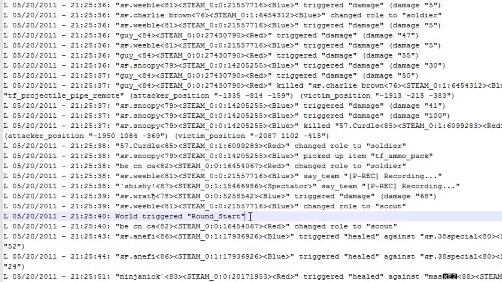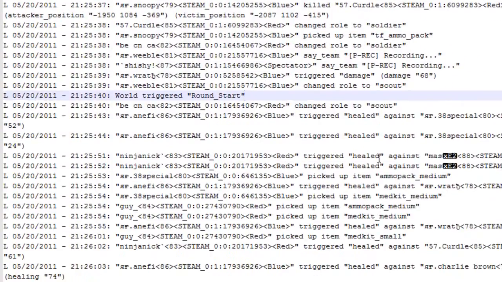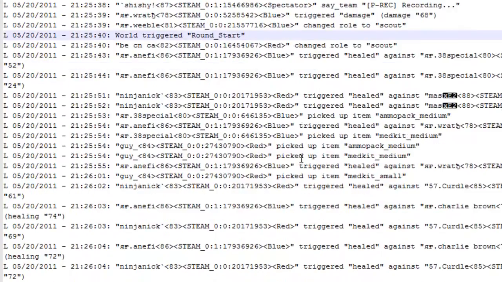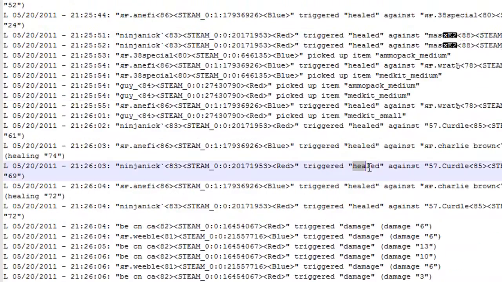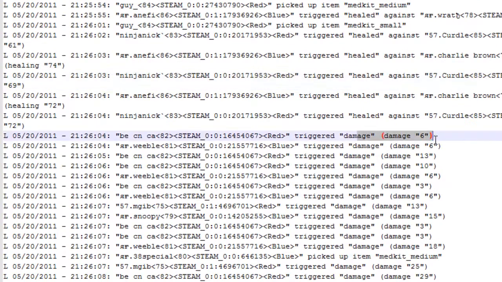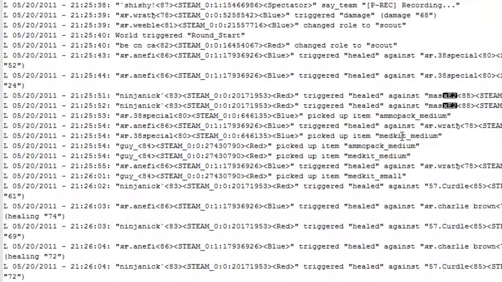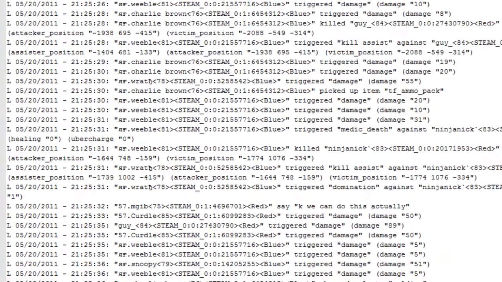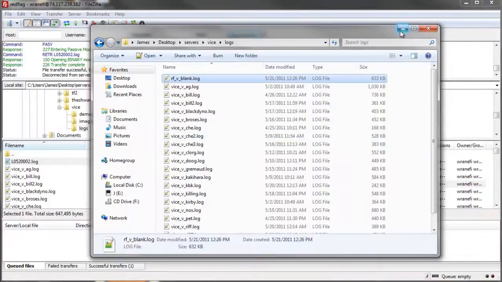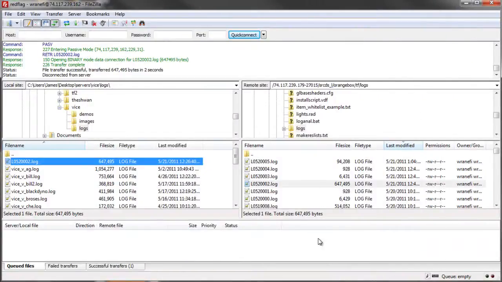Don't worry about it. And you'll see, now that we installed that plugin that Sync made, you triggered heal 88. So now it's keeping track of how much you've healed and the damage that's being done. Okay, so now that we have our Red Flag versus blank log file, the next step is to